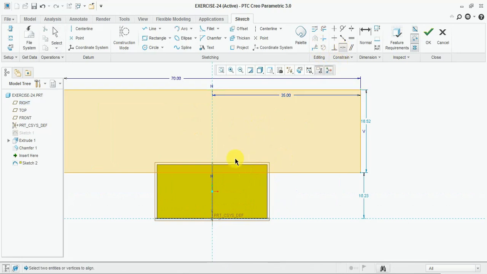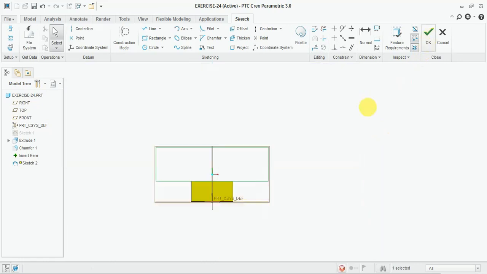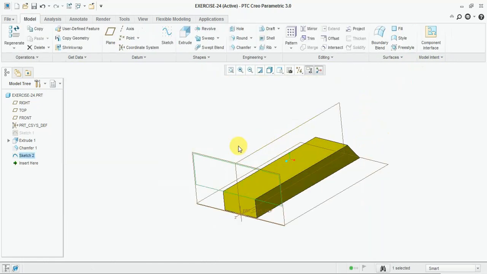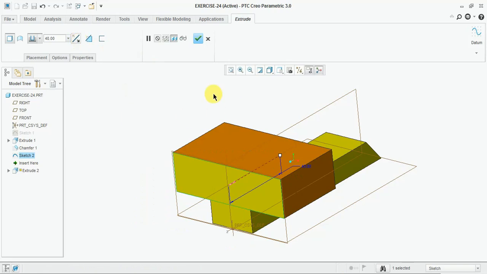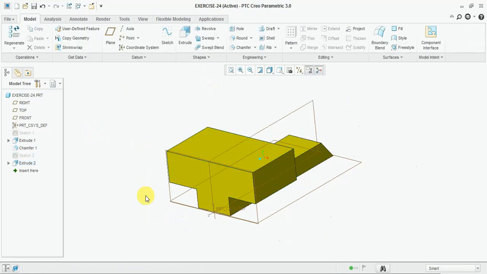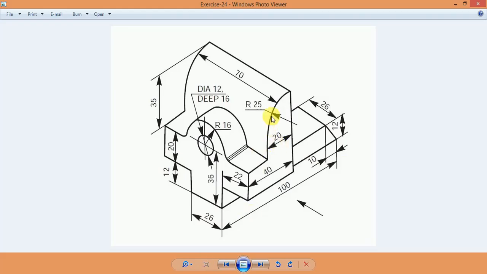Select coincide with this edge, and the height is 20. Now extrude this rectangle up to 40, opposite direction.